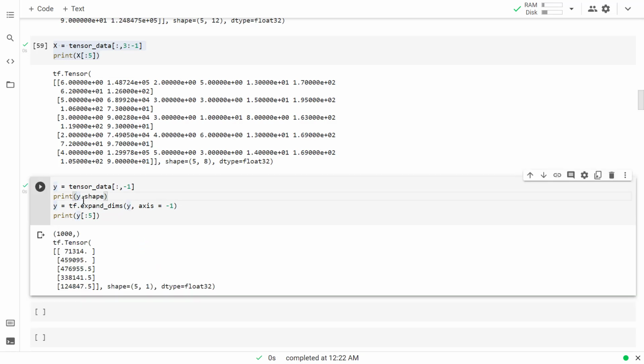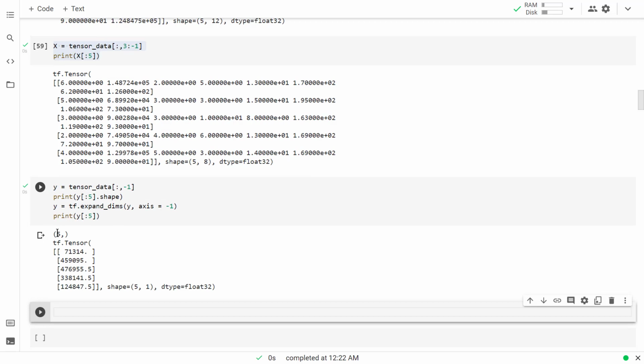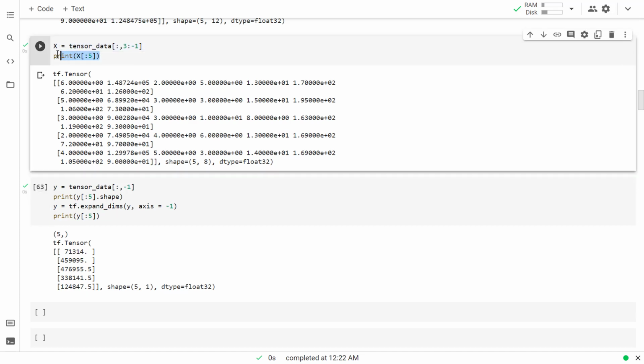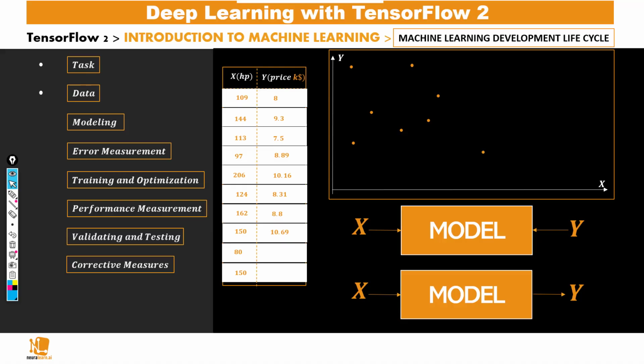Let's take this 5 here. So previously we had just this 1D shape. Now we've added this extra dimension so that it matches that of the inputs we have here. From this point, another very common transformation which we could do on our data to enable our model to train faster